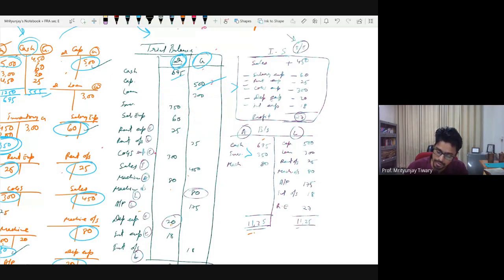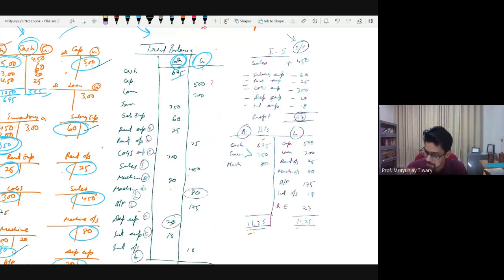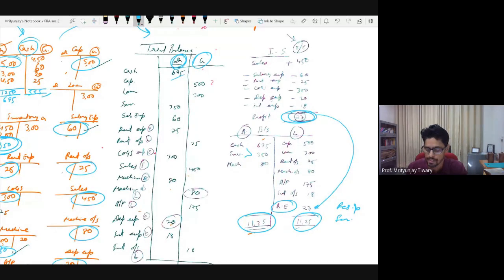After we are done transferring all the items into income statement or balance sheet, what did we do finally? Finally, we found out the profit figure and we transferred it into the balance sheet in the claim of owners. And the name used was retained earnings. In case of Indian companies, the same thing is also called reserves and surplus. So once we transfer this amount, then we can do the total of the asset side of the balance sheet and the liability side of the balance sheet, and we must find that both sides are exactly equal. This is what we had done up till the last class.